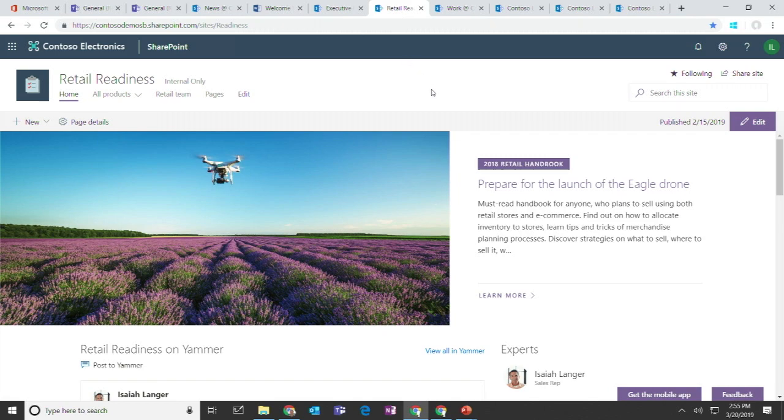Another example of a communication site is to share knowledge. So in organizations, it often is important to connect people across teams and to connect them with content as well as with each other. It's what you would call a community of practice, a community of knowledge, a community of interest. That's what this demo represents. In this case, it's a site that gives our field the information they need about upcoming products. So you can see up at the top, we've got a